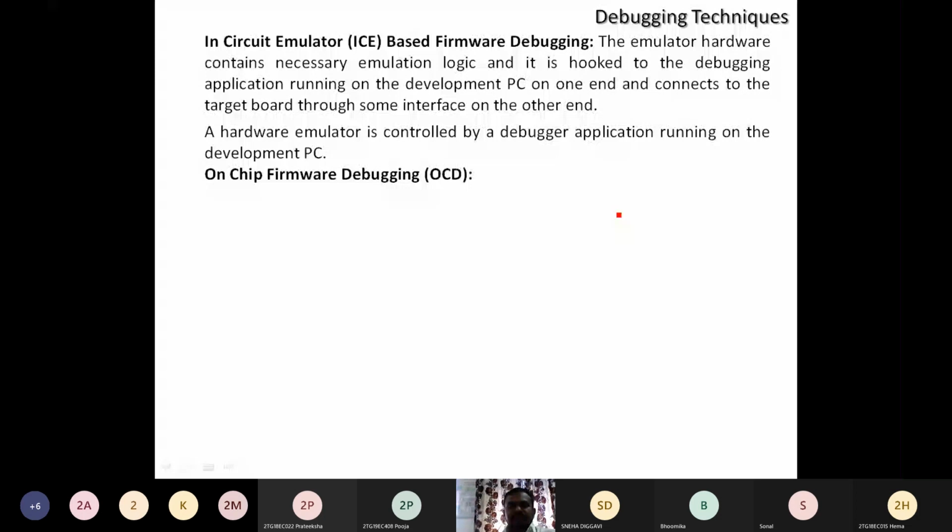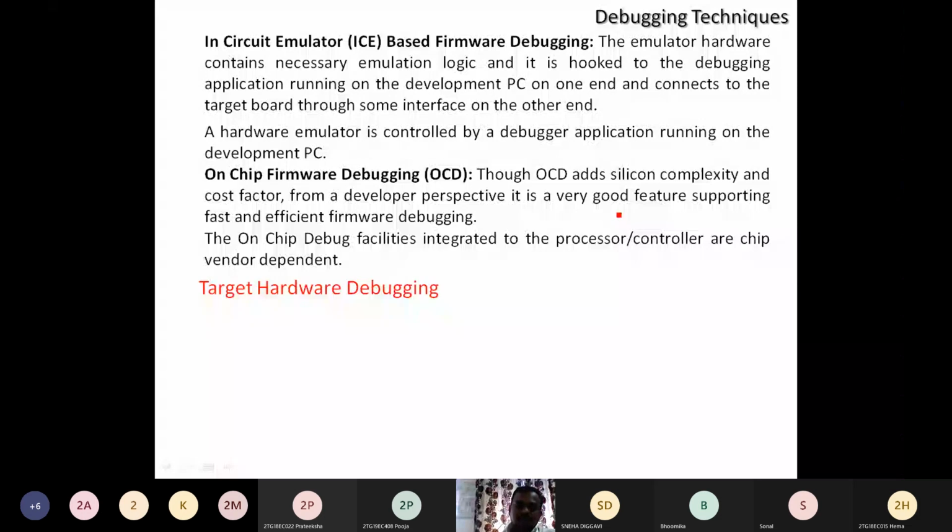The next topic is target hardware debugging. Here we are going to observe the things we will perform in our regular labs. We are going to debug, that is, test the respective hardware using a magnifying glass or lens.